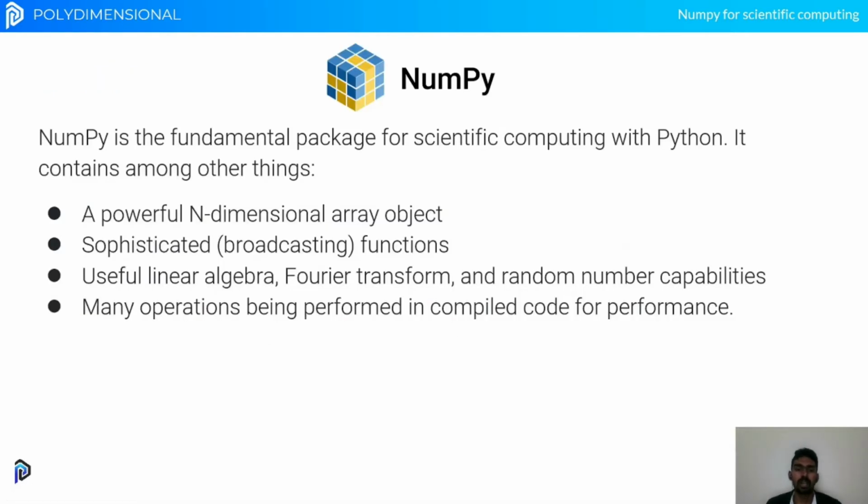So what is the NumPy library? It is a fundamental package for scientific computing in Python. It consists of a powerful n-dimensional array, and that is one of the important objects of NumPy. It can also do sophisticated broadcasting, and it has many functions, like linear algebra functions and Fourier transform.